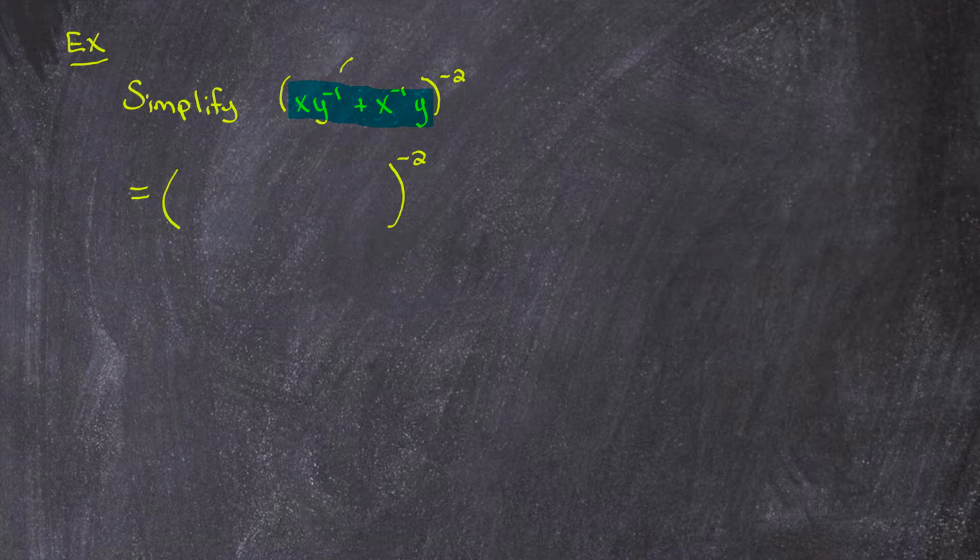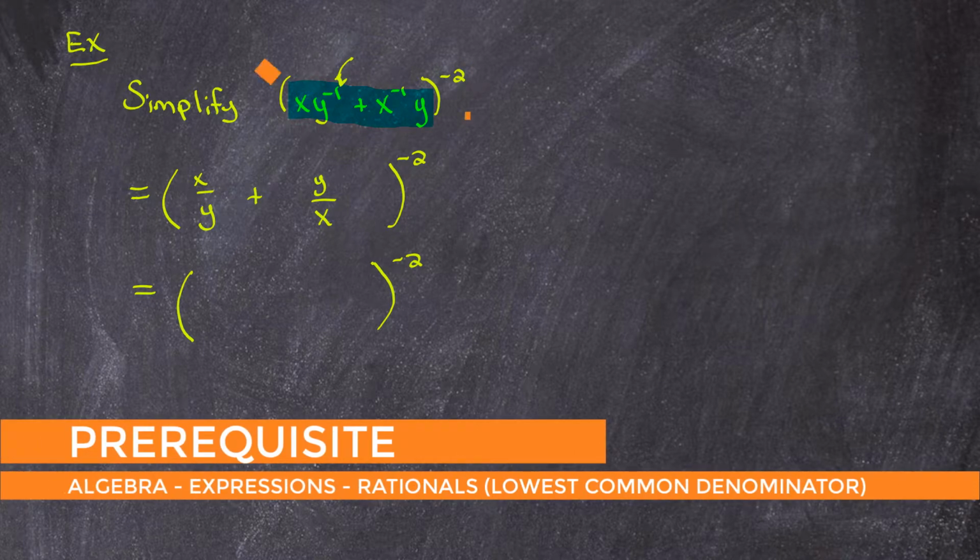Remember that exponent there is actually only attached to the y, so we get to drop that y downstairs. And then same thing on the next term: we have x to the negative first times y. Again, the only one with a negative exponent is x, so I'm going to drop that to its opposite position, basically take its reciprocal, so that you have y over x. And so when you find the LCD and you group these fractions together, you'll get